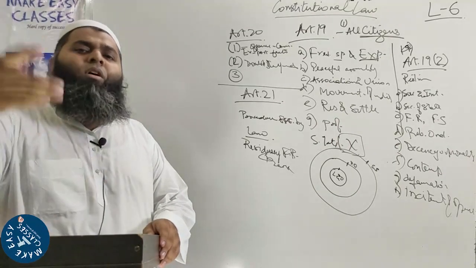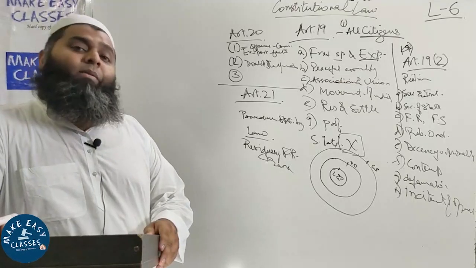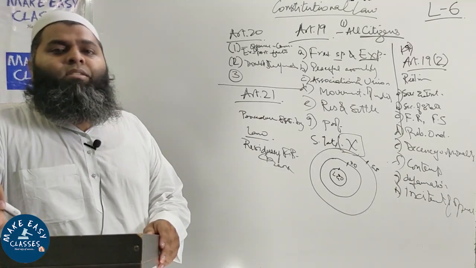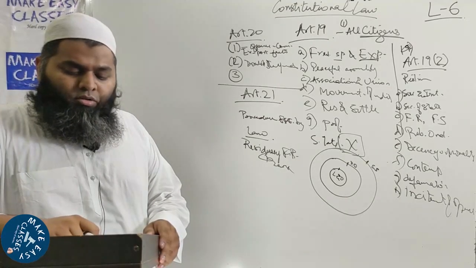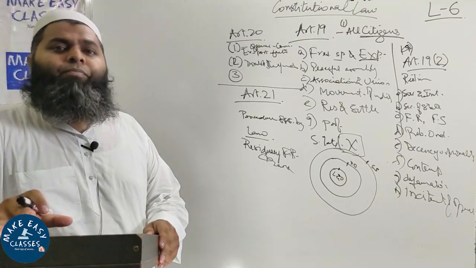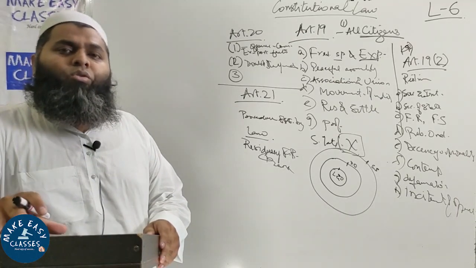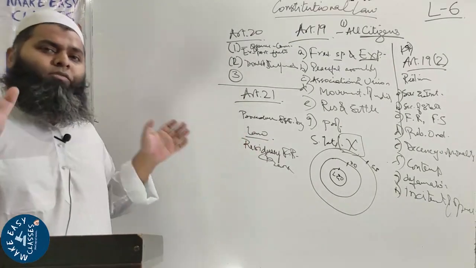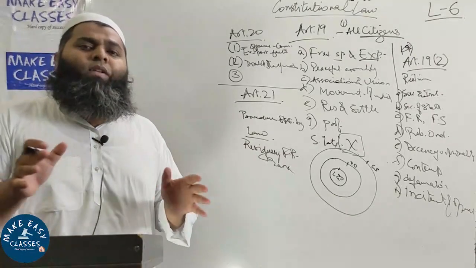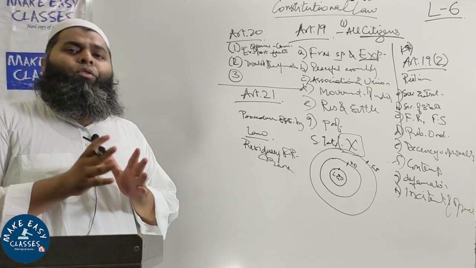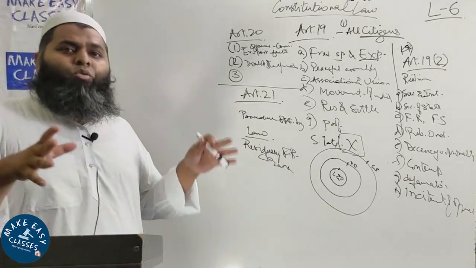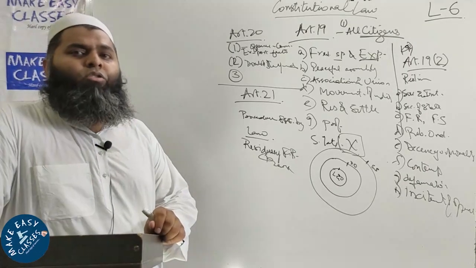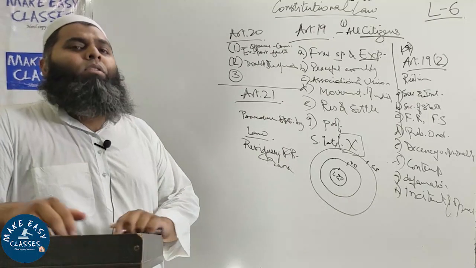And there is a long list of rights which are considered as fundamental rights, and there is no provision in the constitution regarding those rights to be fundamental rights. So the Supreme Court has basically inserted those fundamental rights through Supreme Court rulings through this article. All those fundamental rights which are being added have been entered through Article 21. So this is something which is very important. This is also known as the residuary fundamental right clause.